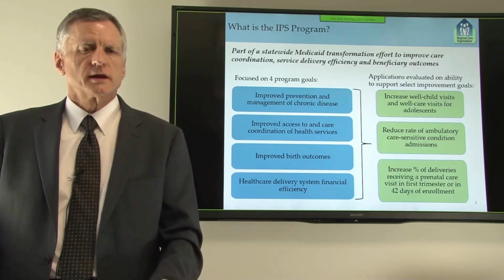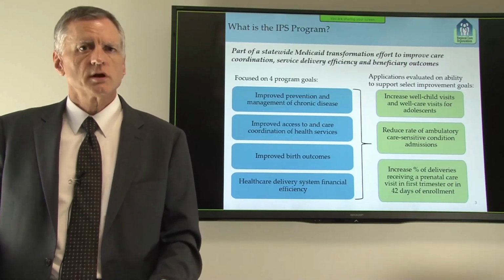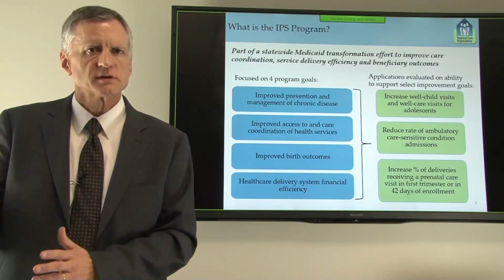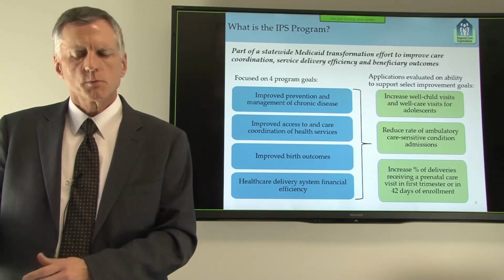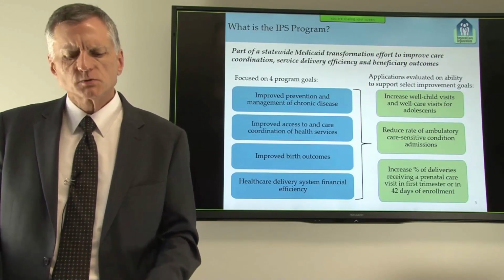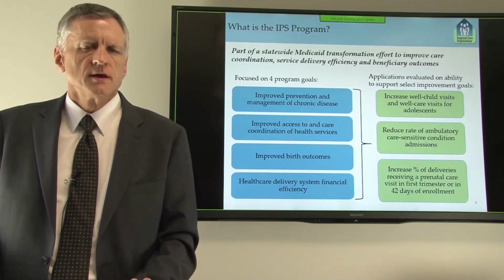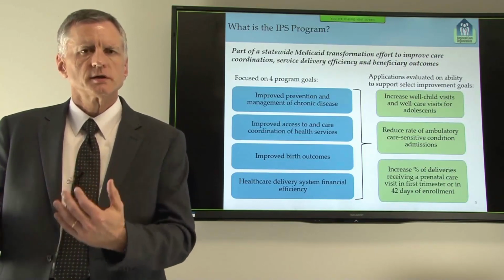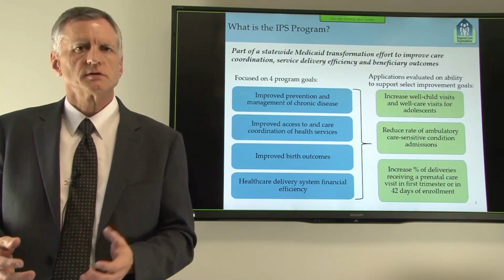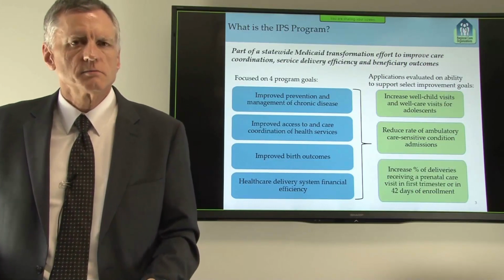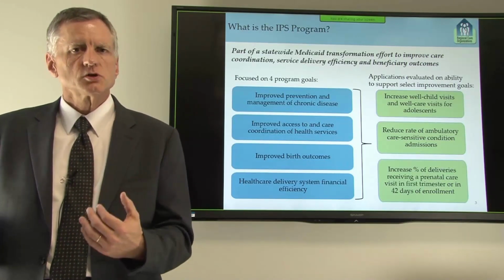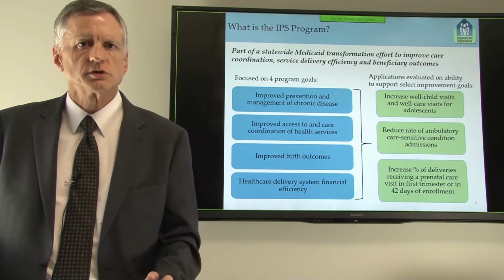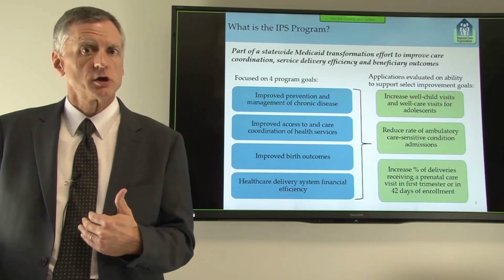But then you translate goals into specific items. What are you really looking at to be able to accomplish those goals? What more specific things are you going to do to help accomplish those goals? And that's really where the IPS becomes involved. The purpose in getting an 1115 waiver was to get additional monies to enable us to implement this transformative opportunity in Medicaid. But with those additional monies comes strings, obviously, from the federal government. There are always strings associated with any additional monies that they share with you.